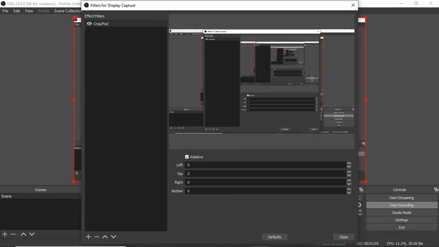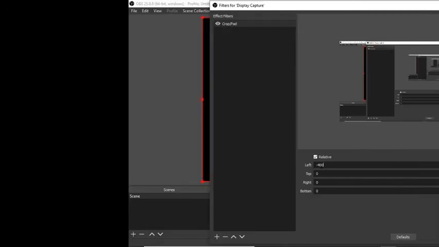The only thing you should be remembering is that whatever value you put, whether it be plus or minus, you could assign both kinds of values. You could give it minus 400. So you could see that as soon as I do that, from the left margin it has moved 400 pixels to the right. So the left margin has moved right.